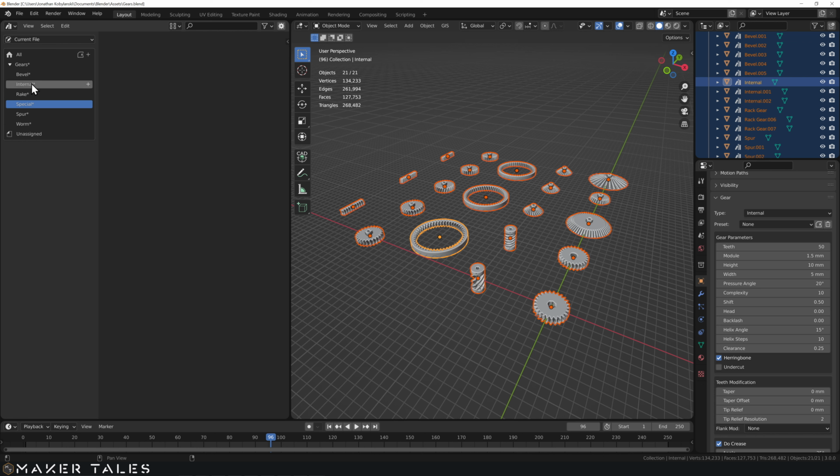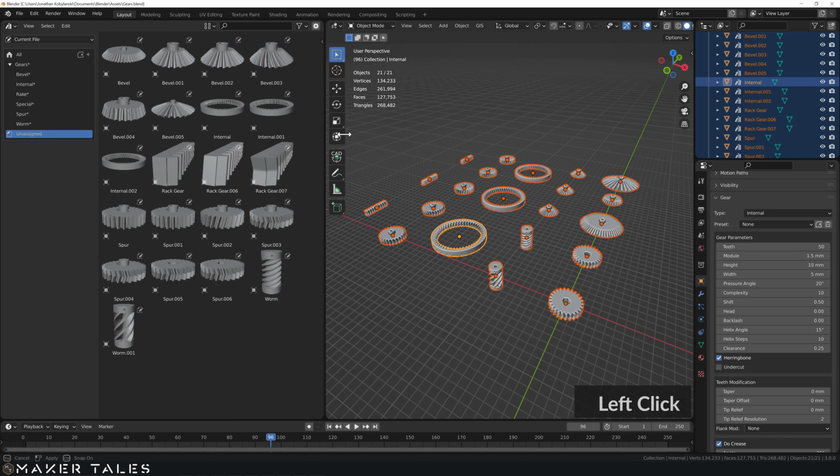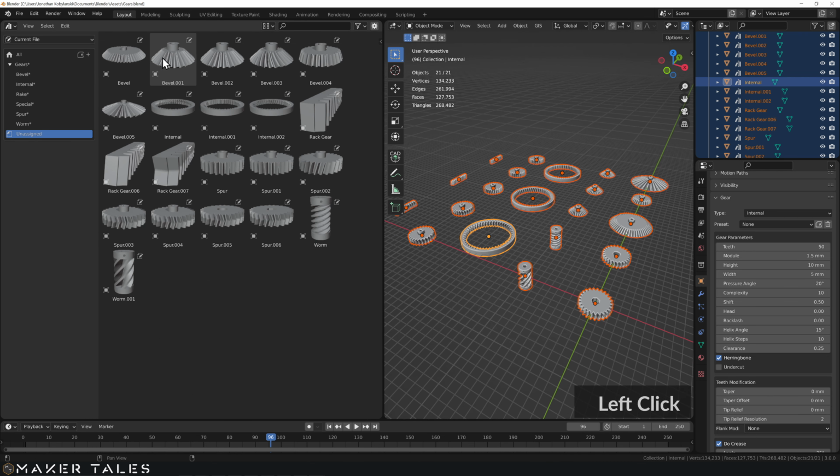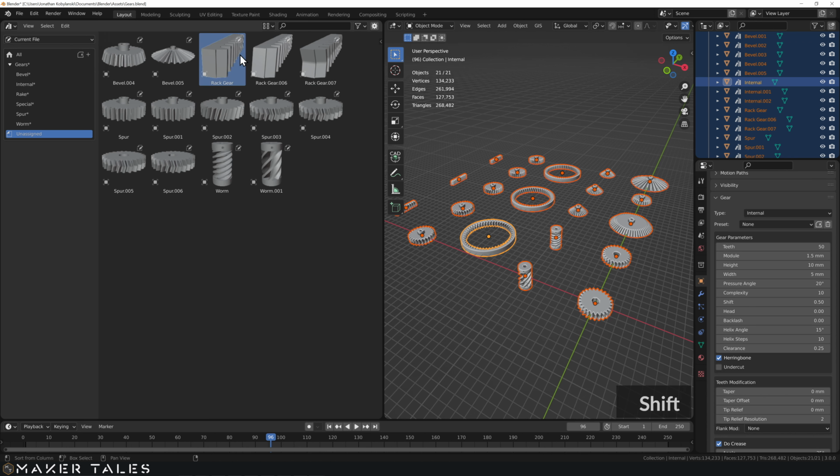And with those now all added, I can go to my unassigned folder right here. So now that all of these are unassigned, I can just select all the ones that I want. So I'm going to select all of these right there. I'm going to put those inside of my bevel. I'm going to grab all of these. I'm just going to drag them over to my internal, grab these, put them to my rake, and so on